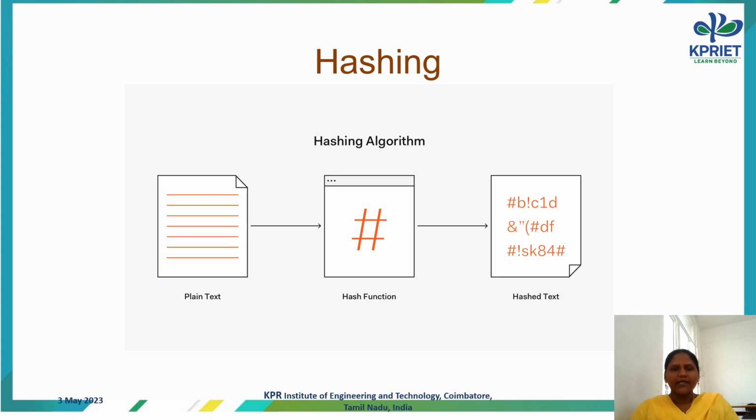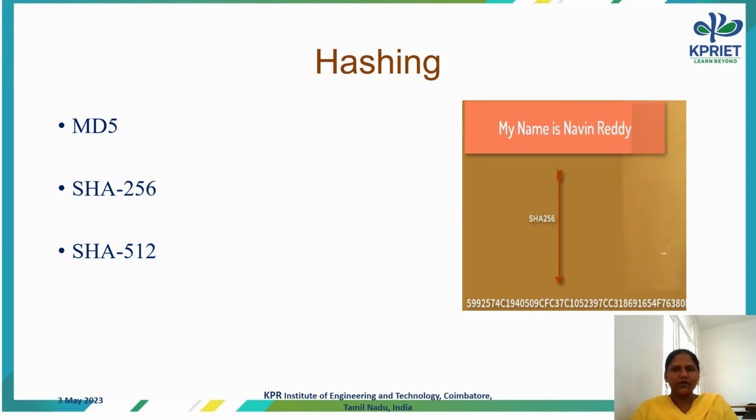Hashing is an algorithm. If you pass an input to the hash function, it is going to produce some hashed text as an output. Say for example, if I send some length of input to the SHA-256 hash algorithm, then the algorithm is going to produce 256 length of output. So this is what a hashing algorithm is. With this diagram, we can understand that if you transfer the plain text to the hash function, it is going to produce the output in the form of hashed text. Generally, we have many hashing algorithms like MD5, SHA-256, SHA-512 and many more. But in blockchain technology,